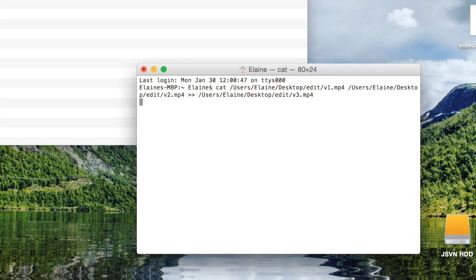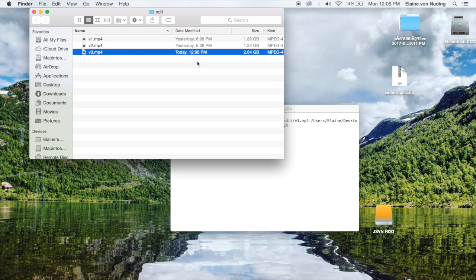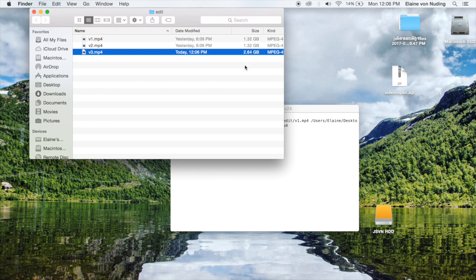Hit enter. Now this is the part which might take a bit of time. It's basically merging them together. There we go. So now we've got our file which is, as it says, 2.6 gigs instead of 1.3. So now we can